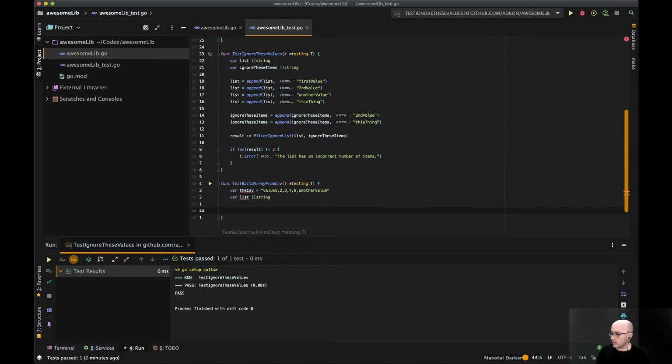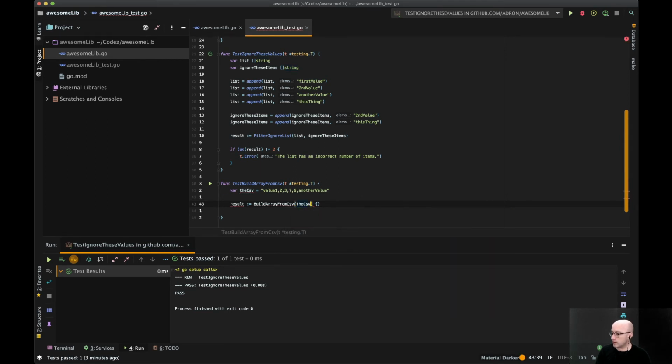All right, so then let's do list, yes. And then result will be the built list that we want. Actually, let's do this. There we go. Result, build array from CSV. So this will be a string. Oh, wait, whoops.